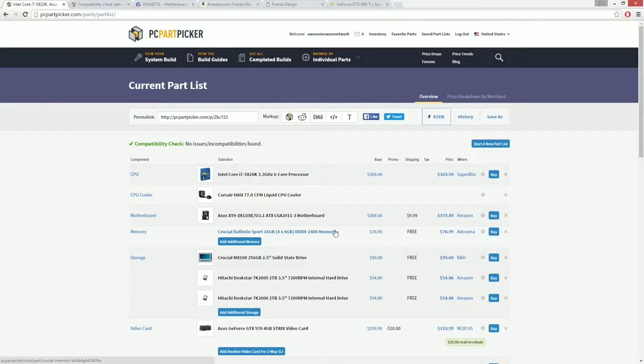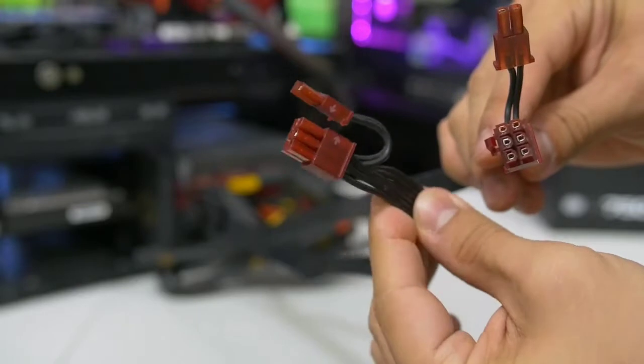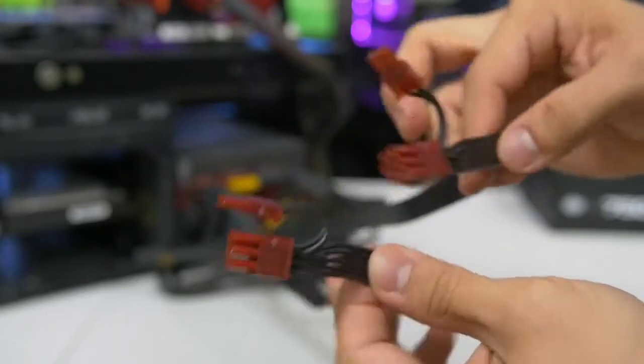If you want to find out exactly how much power your system will draw, add all of your parts to a list on PC Part Picker, and the site will spit out a fair estimate of your PC's total power consumption before overclocking. Now getting back to the GPU for a minute, sufficient wattage is only half the battle,